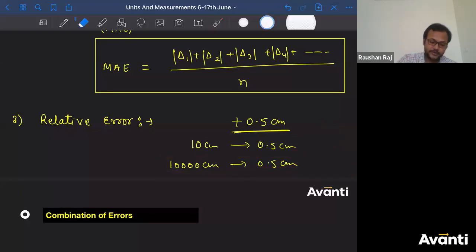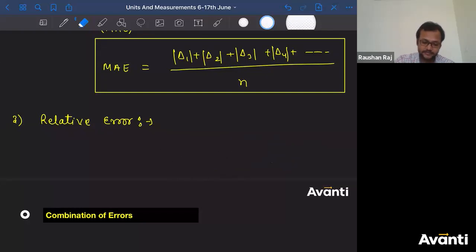So relative error gives you a perspective. Out of what you have got this error, that value is included here. But in absolute error, that kind of perception, that kind of relation is not available. That is why we need to explain relative error also. ठीक है? चलिए, तो कैसे करते हैं?